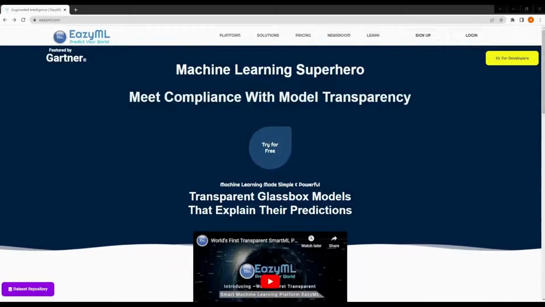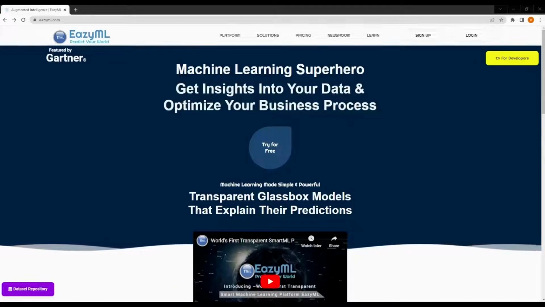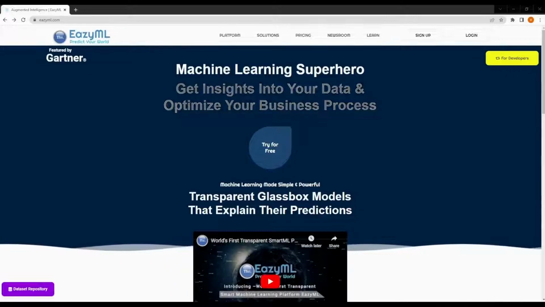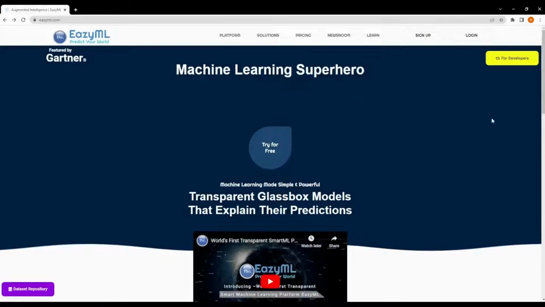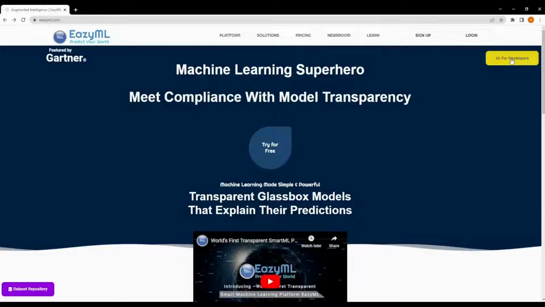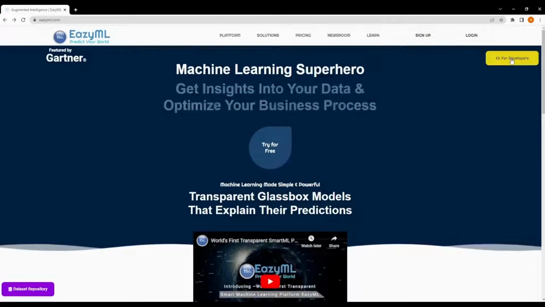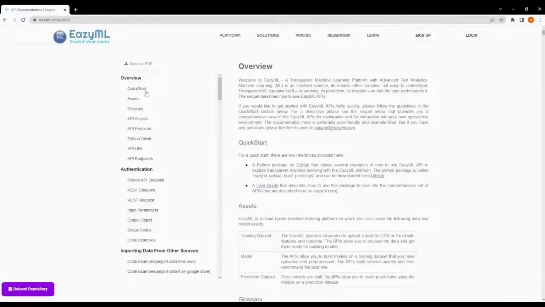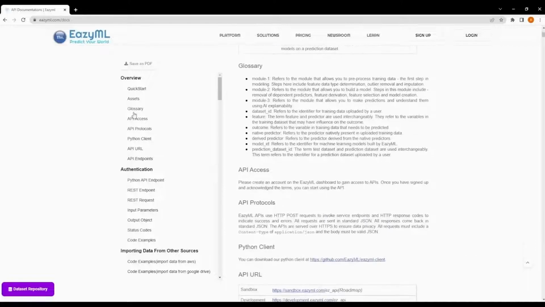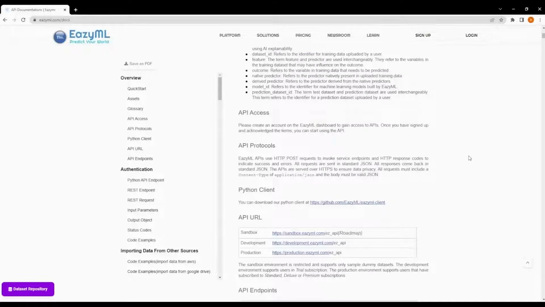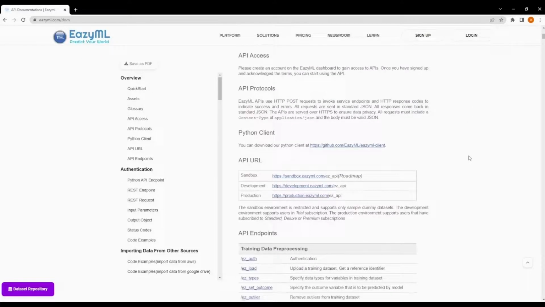However, if you're an experienced user or a data scientist that would want to build your own machine learning pipeline, EazyML offers powerful APIs. The documentation for the API can be found by clicking on the yellow For Developers button on the EazyML website at the top right corner. The APIs that EazyML offers allow you to insert your own data frame into the EazyML pipeline through EasyInsert, and fetch a snapshot of the data frame at any point in the pipeline through EasyFetch. There are many more endpoints that EazyML offers that are explained on this page.